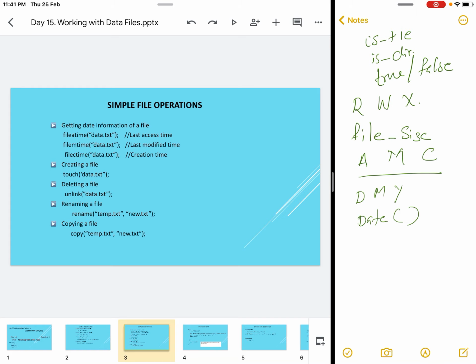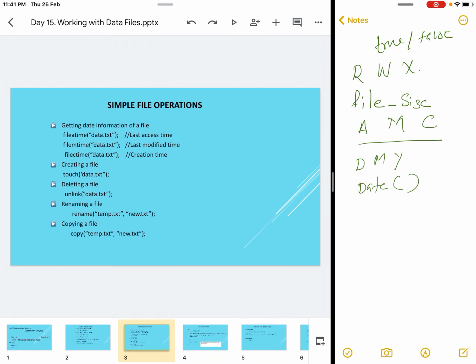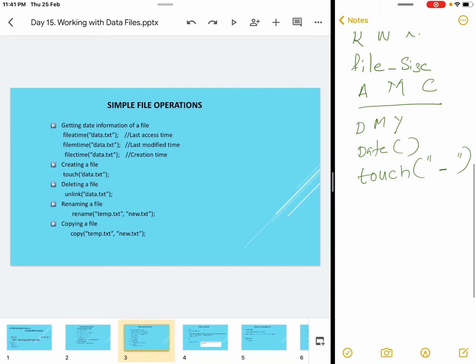In the same way, you can create a file using a special library function, touch. A file is created by the touch command, and the file name with the complete path is specified. For deleting a file, a function called unlink can be used. If a file is no longer needed, it can be removed from the folder using the unlink method.